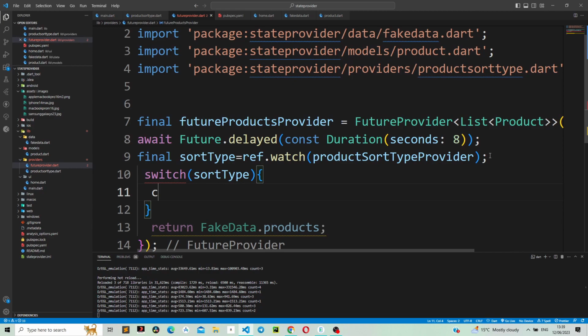And then we're going to say in case the product sort type dot name, in case it's product sort type dot name,